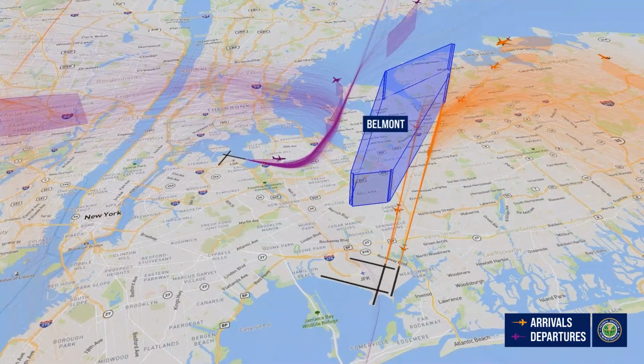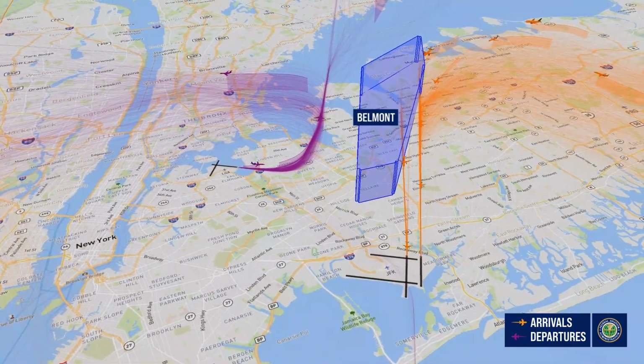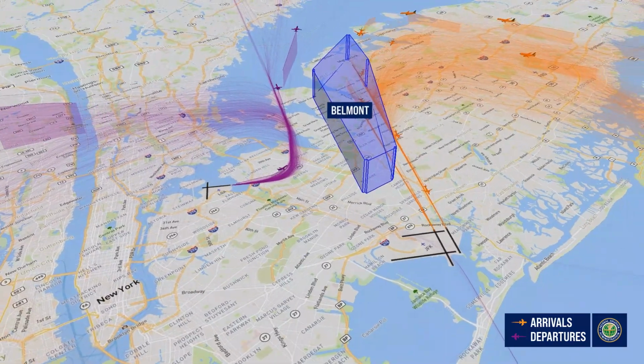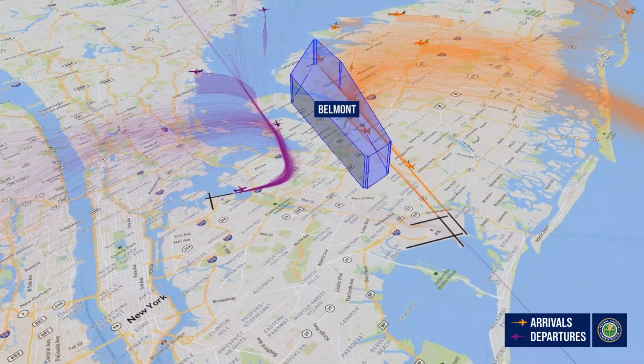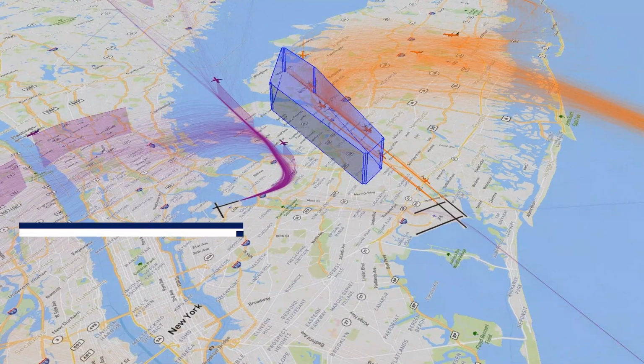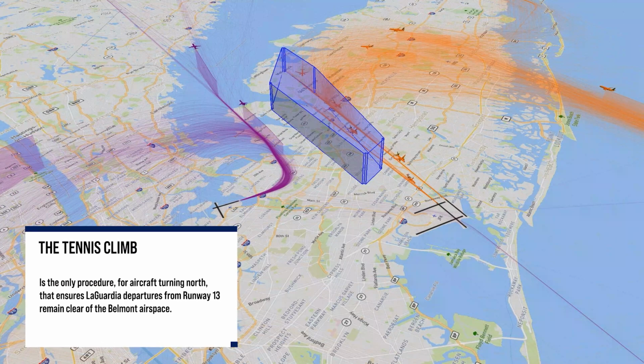When aircraft are landing at JFK on a straight approach on runway 22 left and/or runway 22 right, the Belmont airspace belongs to the JFK air traffic controllers. LaGuardia departures cannot enter the Belmont airspace. The TNNIS Climb is the only procedure for aircraft turning north that ensures LaGuardia departures from runway 13 remain clear